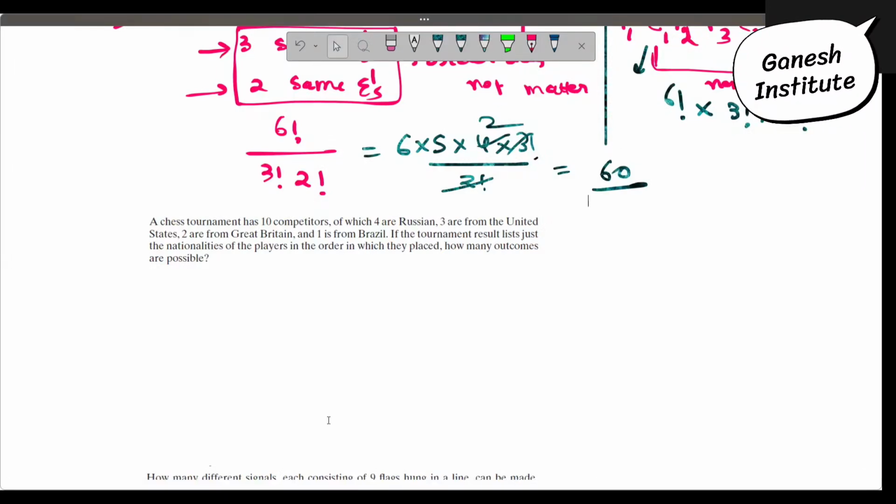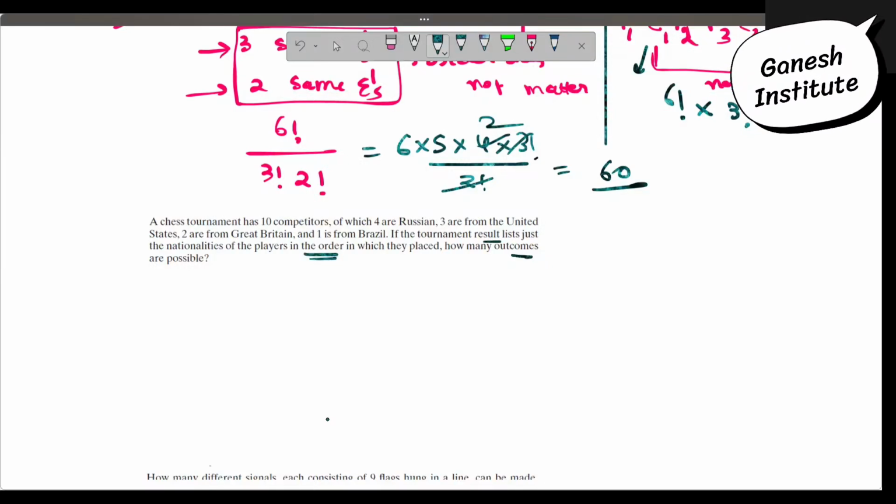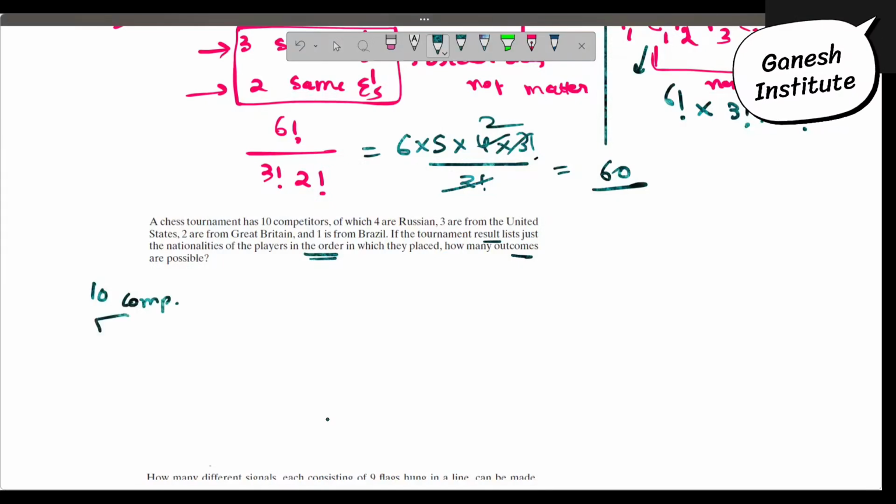Now tell me, combination? Outcomes are possible. They have to arrange this in order, right? So permutation needs to be applied, but how? What do you think? This will be permutation. Why? If you read this question, chess tournament, it has 10 competitors, and then out of which 4 are Russian, 3 are from US,